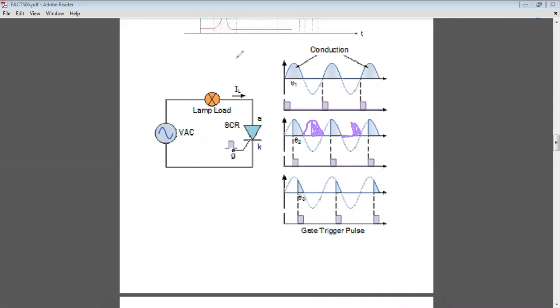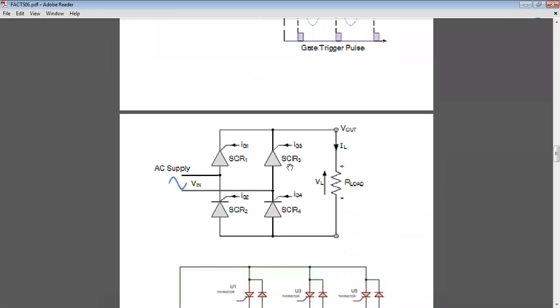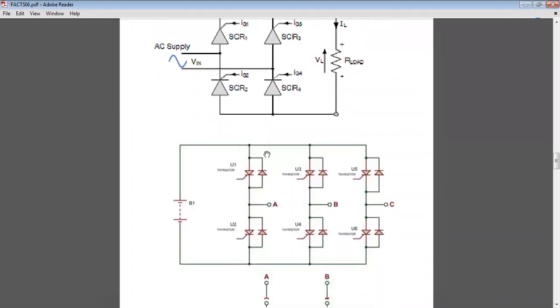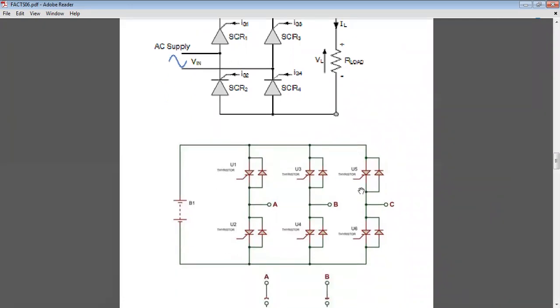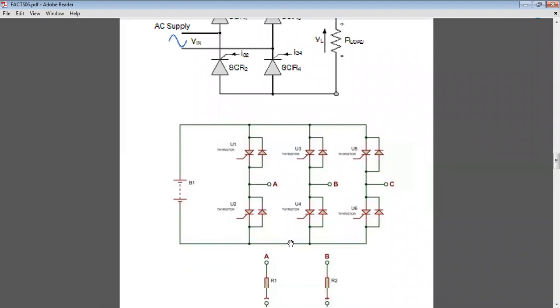In case of single phase, you will have only one output voltage. You can get that full wave using a center tapped rectifier. Even if you take it as single phase, the same thing you can use as an inverter. Remember, this is the simple three-phase inverter circuit. If it is two-phase, you will have only four thyristors, that means two legs. We don't have the third one, which is actually for the three-phase.